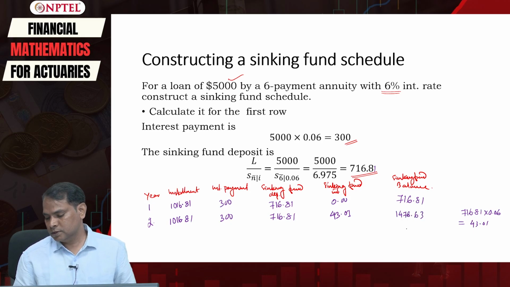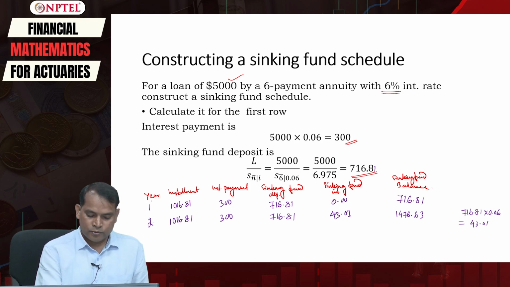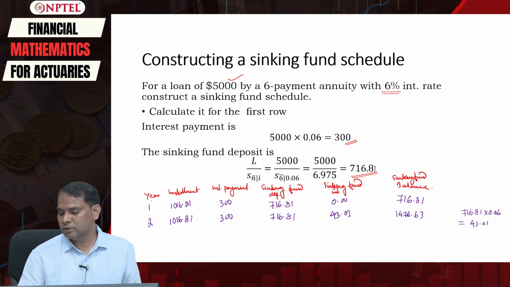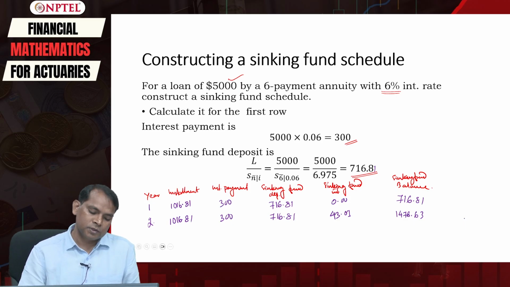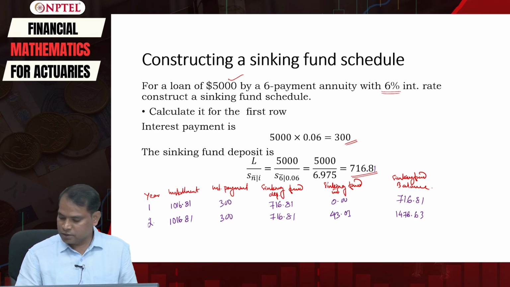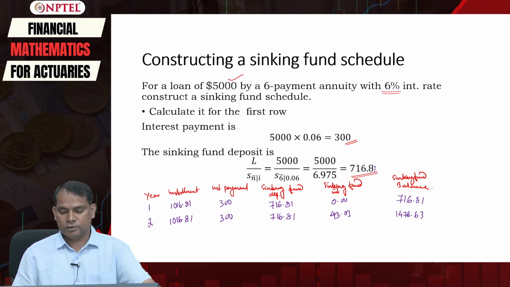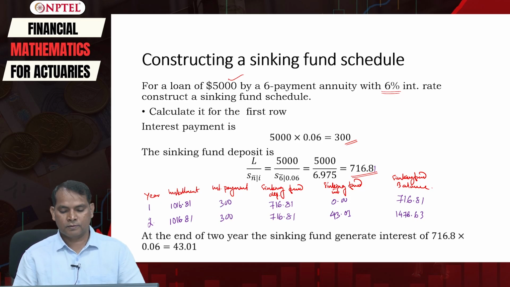1476.63. Okay, so now you can compute similarly for the rest of the row. We will go on computing in a similar procedure. The rest of the row we can have is this, right.